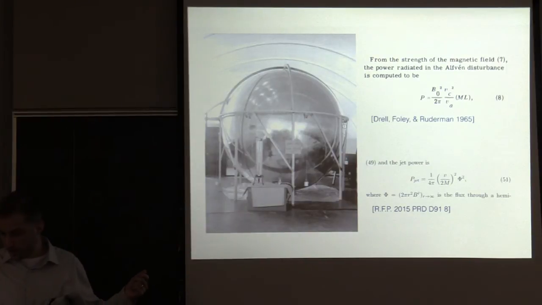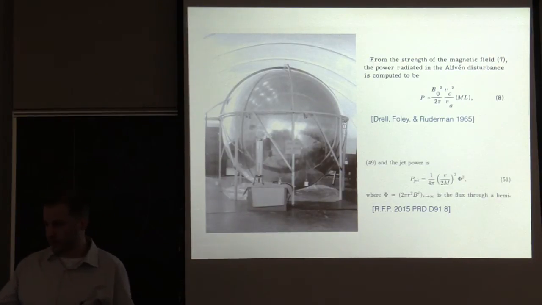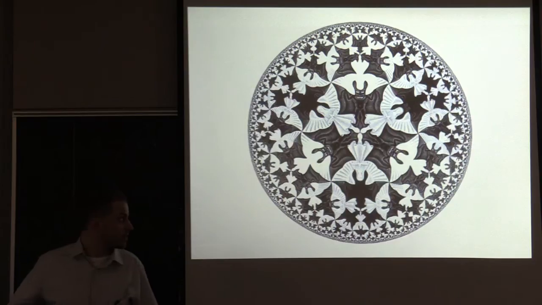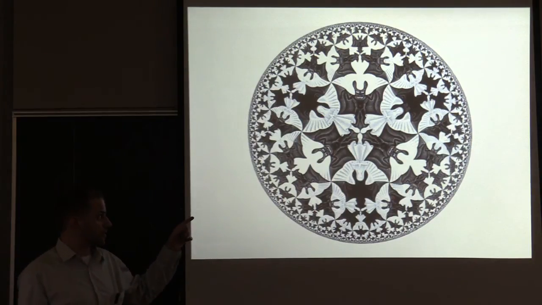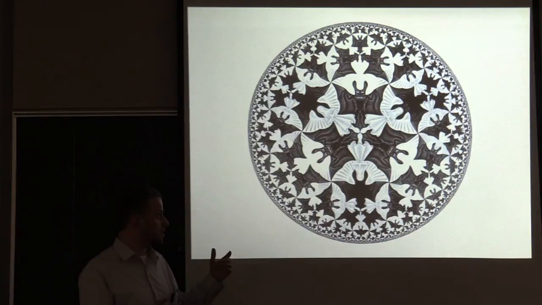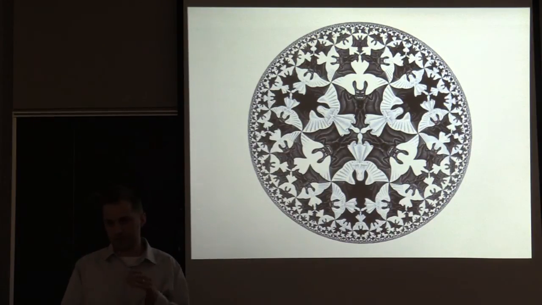And now I want to comment on one more problem, which I think the membrane paradigm is really interesting for thinking about. This is a more theoretical application related to something called BMS symmetries. This picture is supposed to make you think of hyperbolic space and anti-de Sitter space. Anti-de Sitter space has this amazing property that it has a dual description in terms of a conformal field theory on its boundary. You would like to do something similar for asymptotically flat spacetimes, but it hasn't been done yet.